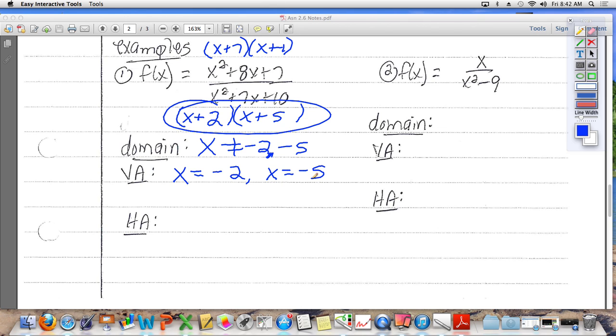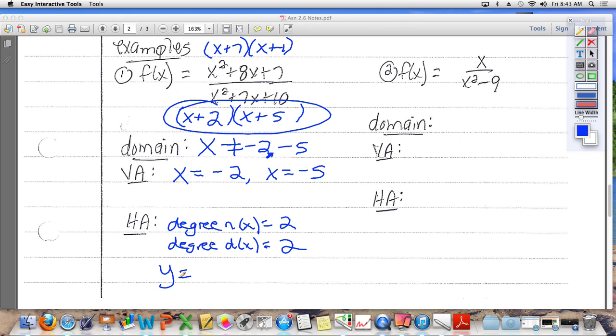Horizontal asymptote. Go back to your 3 rules that I said. Make sure you have these written down. So what is the degree of the numerator? The degree of n(x) is equal to 2. What about the degree of the denominator? It's 2. And whenever the degrees are exactly the same, that means you have a horizontal asymptote